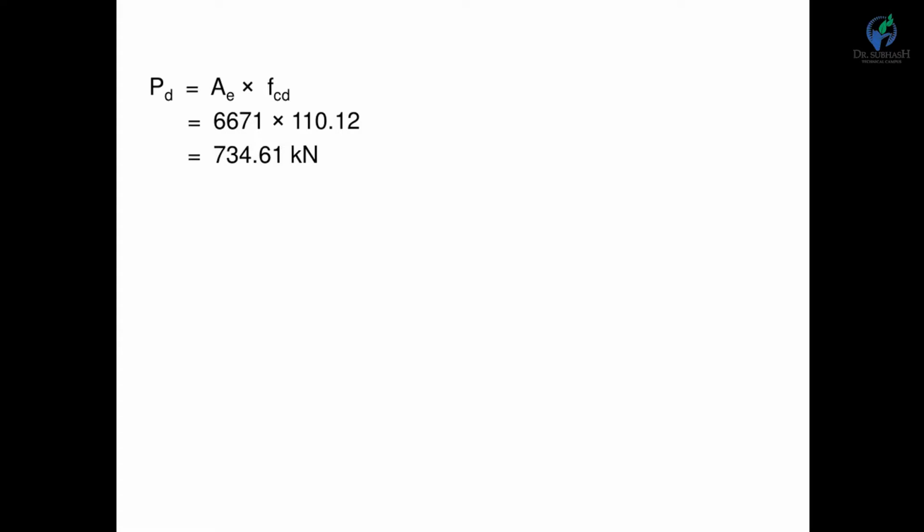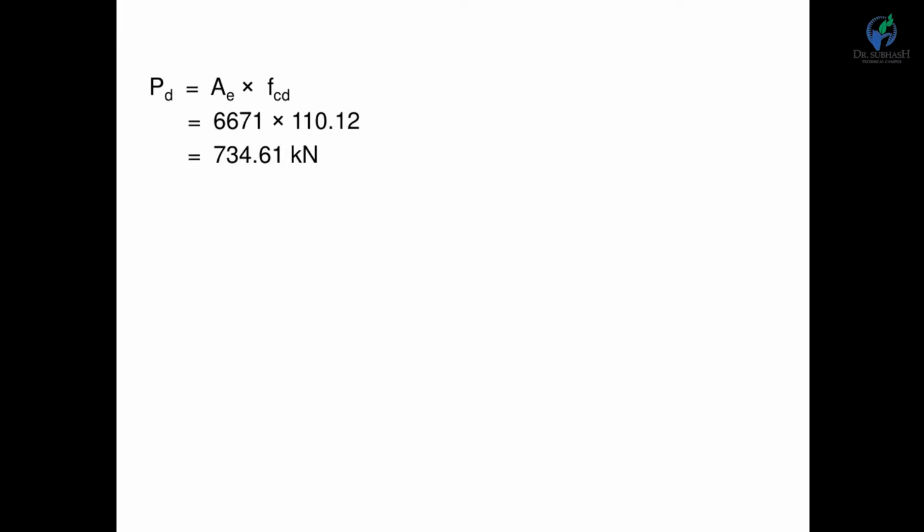Next and last step, once we find FCD, we get PD. PD is equal to A into FCD, so it should be 734.61 kilonewton. We only find PD because it is an example of analysis. For a rolled I section, normally RYY is minimum. So please mention that if you have to use an I section, in that case normally RYY is minimum, so the buckling class should be found about the YY axis only.